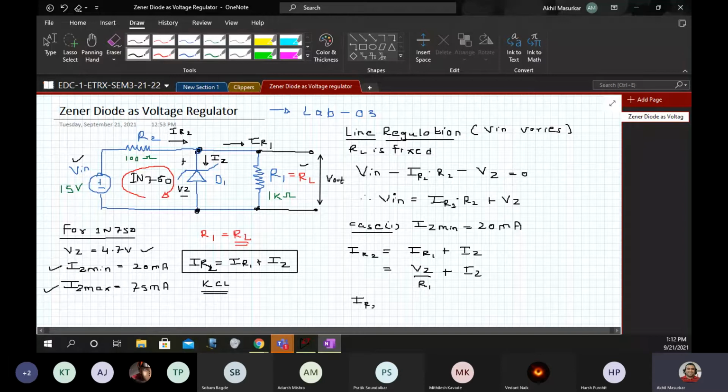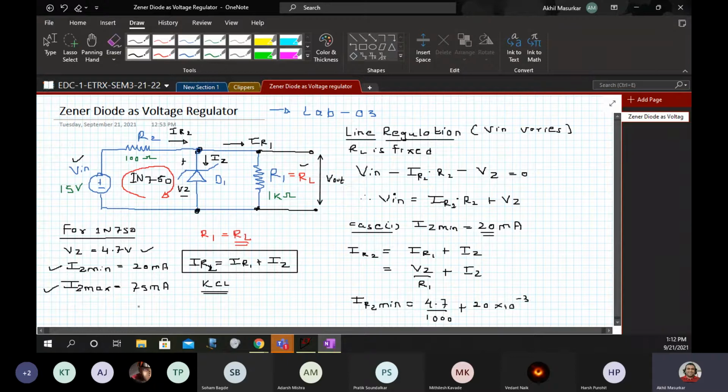So IR2 min is 4.7 upon 1000 plus Iz min. Iz min is 20 milliamperes, that is 20 into 10 raised to minus 3.